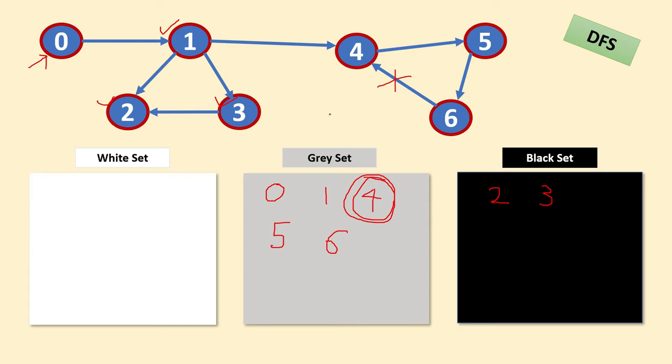Now before moving to the coding part, a few things to talk about. If there is no loop in this graph, then what will happen? The ideal condition is that all elements in the white set will at last move to the black set. That is the ideal situation. As a loop is there, we can't see each and every white set element moving to the black set.